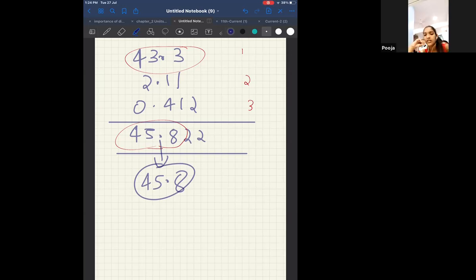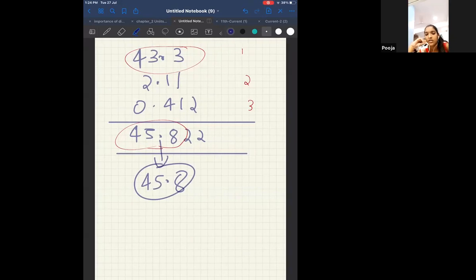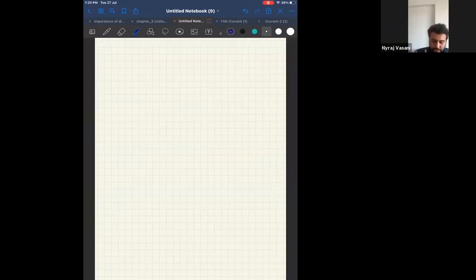Okay. One more. Sir, we can write it as 46 also, no? 46. Then up to 1 decimal place, you have to give accuracy, no? So 46 is not correct. 46 is only 2. There is no decimal. We have to write one number after the decimal point, like this. Understanding? That is the rule. Okay? Now the next example, which is there in the textbook only, that is the module, I'll give it to you.